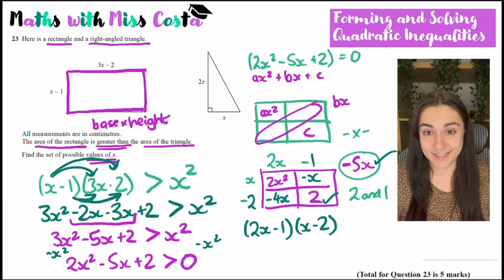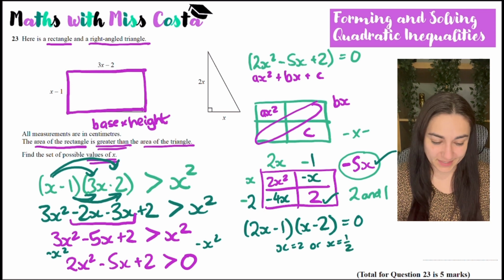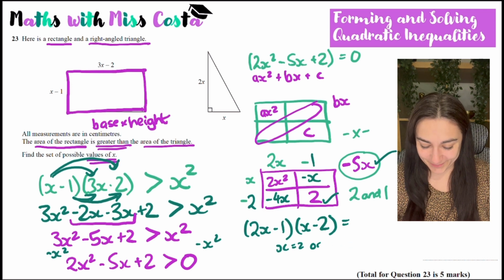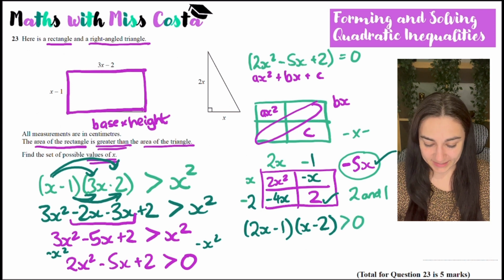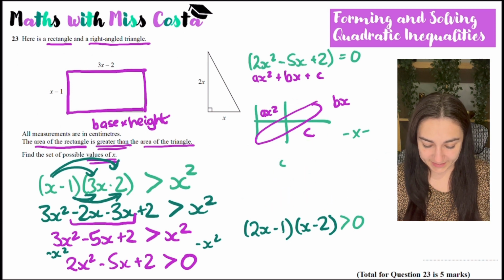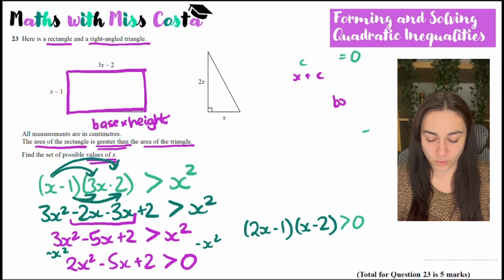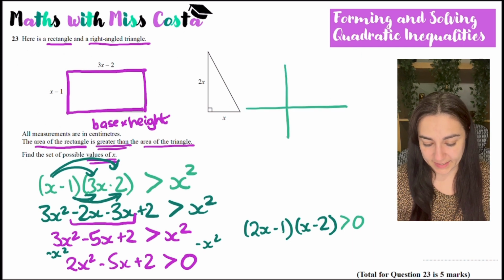And if it was a quadratic equation, it would be very simple. It would be equal to 0, and I'd say that x is 2 or x is a half. However, it's not equal to 0. It is greater than 0. So in cases like this, what I want to do is just draw a quick graph for myself to determine what's actually going on. So remember, when you have a quadratic, what that means is that you're going to have